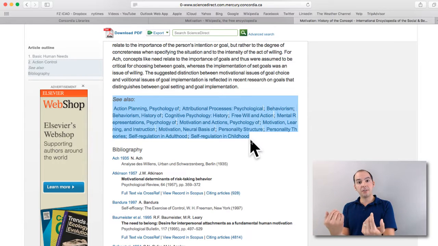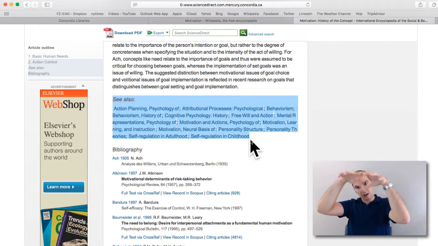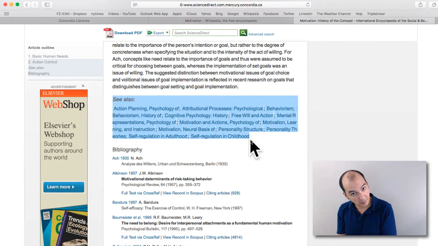So the editors of the encyclopedia have thought about this concept and try to find what's more generic or a higher level concept that encompasses more things, that is more general, and more specific concepts that people sometimes confuse, right? And so if you're thinking about your personal motivation, well, then it's intrinsic motivation, and you want to learn more about that. So this See Also is kind of a way for you to understand where this concept fits in the sea of other knowledge, and to make sure that you're at the right level and using the right concept.